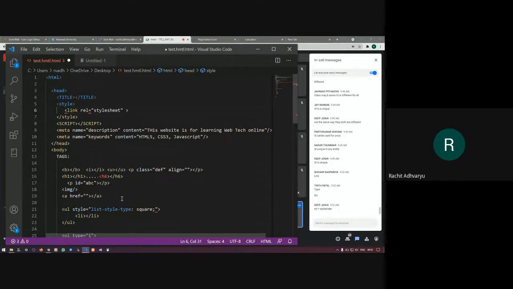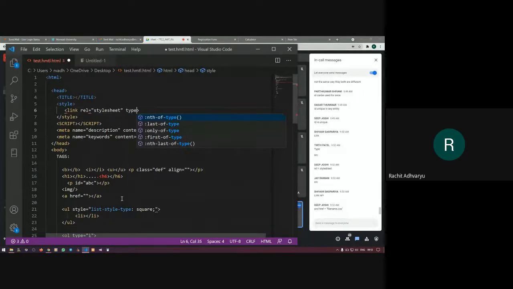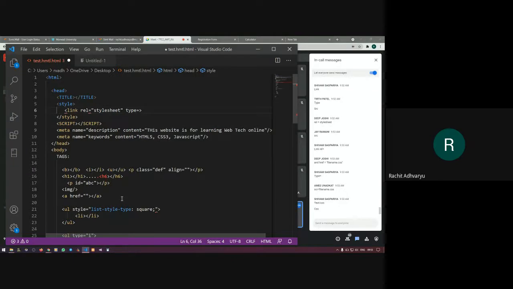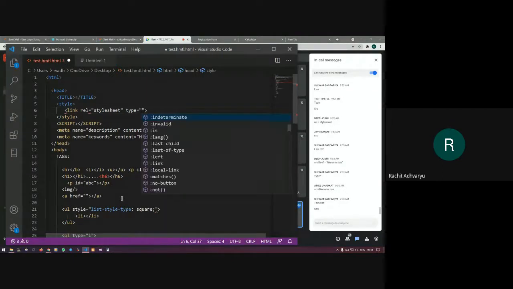Then type equals, do we require type? Or do we require src or href? What should it be, href or src? Type equals text/css. That is okay.